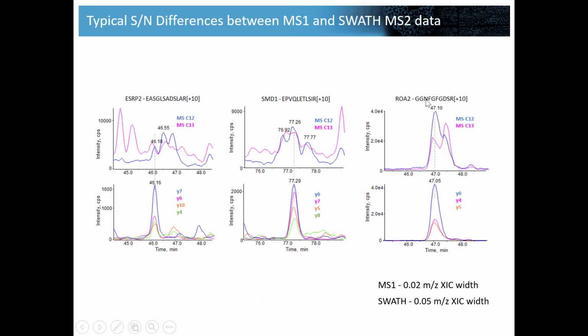When we look into the data, here what we have shown is, for 3 different peptides, extracted ion chromatography for either the MS1 data or the SWATH MS2 data. What I'm showing here is basically somewhere in between the limit of detection or limit of quantification for MS1 and MS2, right? For any of these peptides, as you go down the dilution curve, you get to a point where the MS1 signal gets swamped with noise from other peptides, but the MS2 signal is still pretty clean. And this has been fairly consistently observed. So we always seem to get better data out of MS2 than MS1,